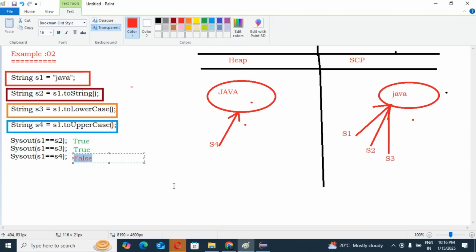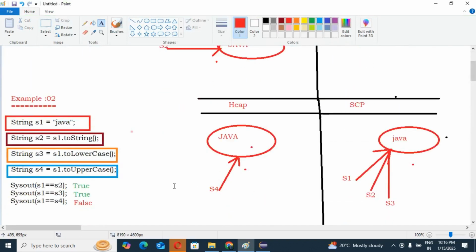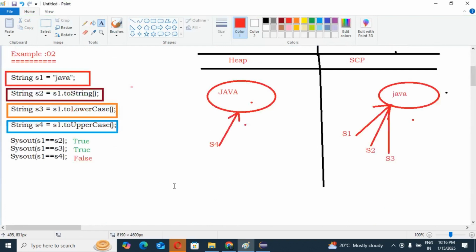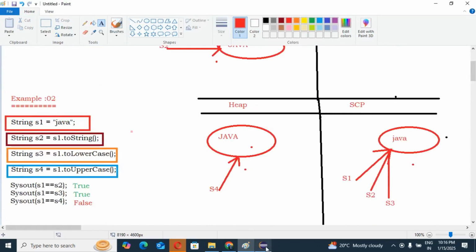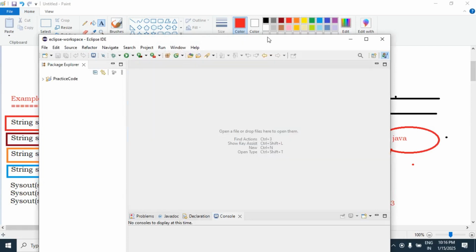Guys, I hope you understood these two examples very clearly. But the same thing I will explain with our IDE as well. Then you'll come to know whether what I explained is 100% correct or not.